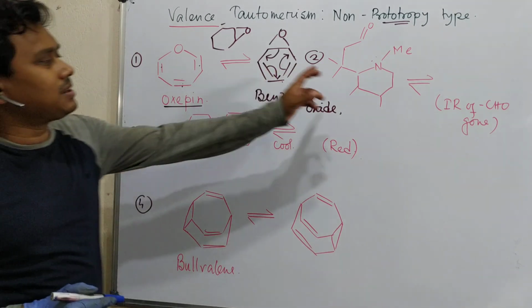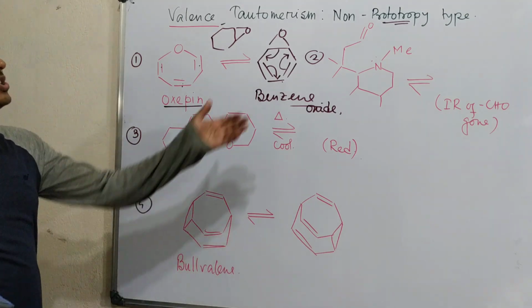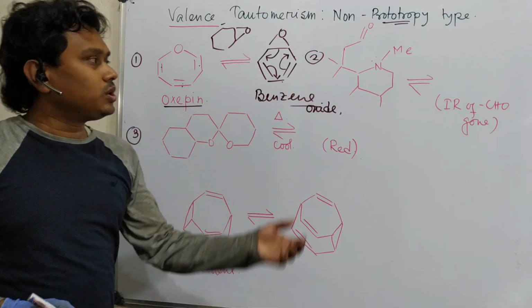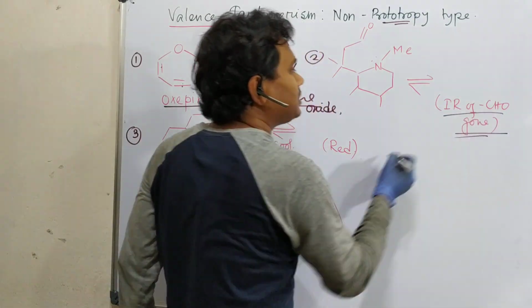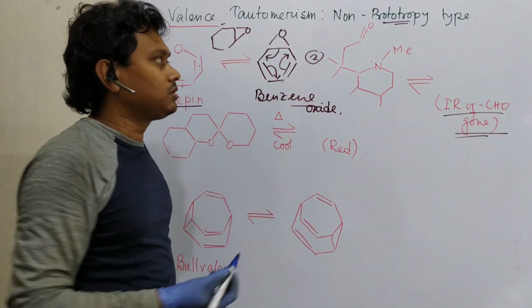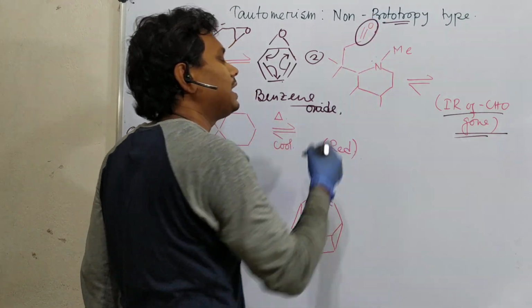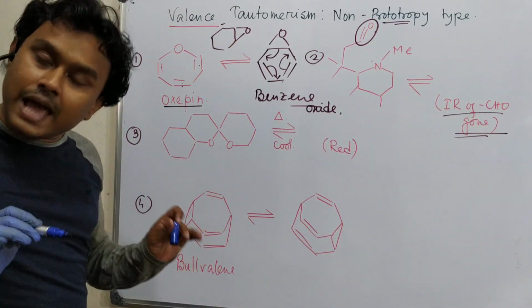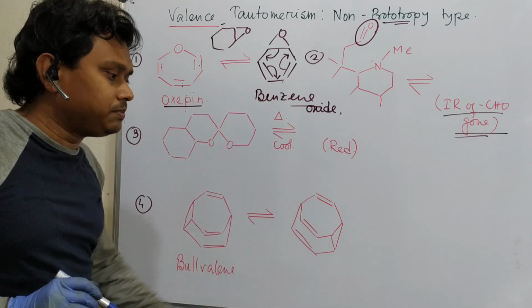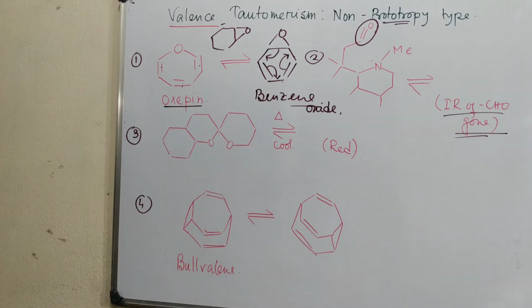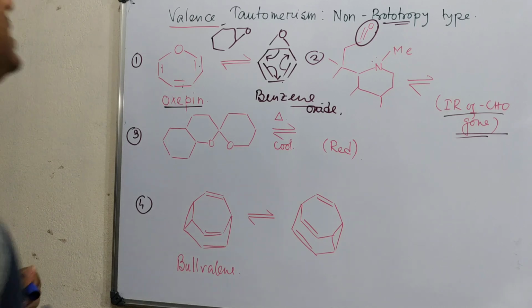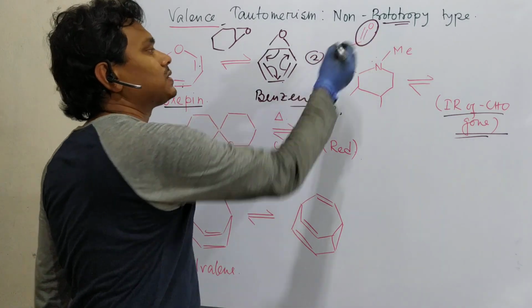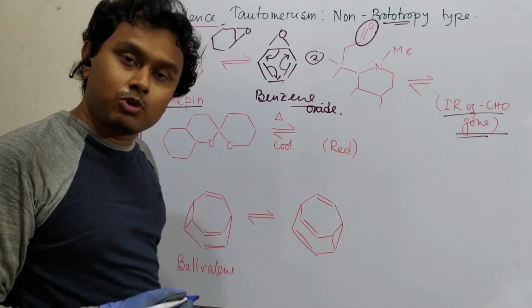So let's focus on example number 2. See, what is the observation in this case? If you take this molecule and check the IR frequency, it is gone. Means you should get a specific IR of aldehyde, but this is gone. But it isn't actually gone, it is in equilibrium. So what happens in this case means that this compound contains only C=O, carbon oxygen double bond characteristics.